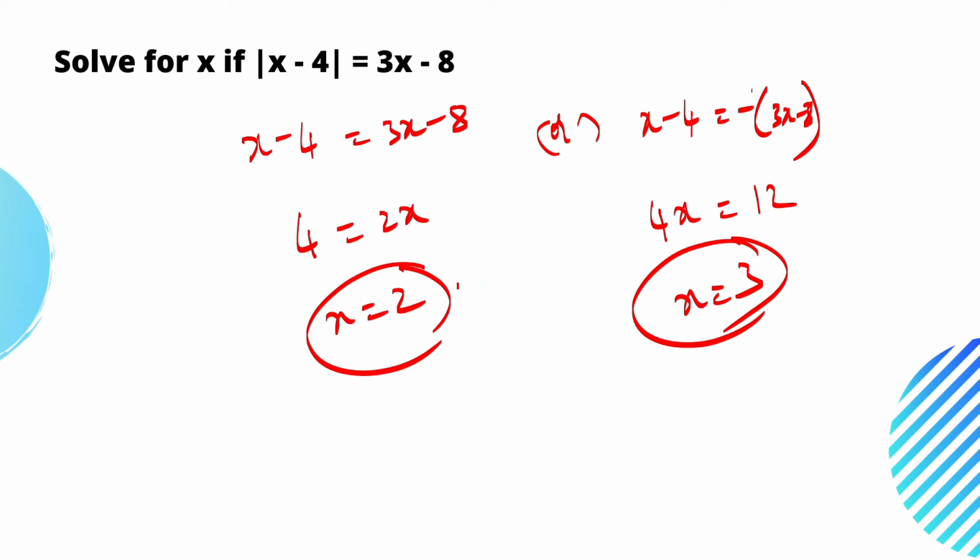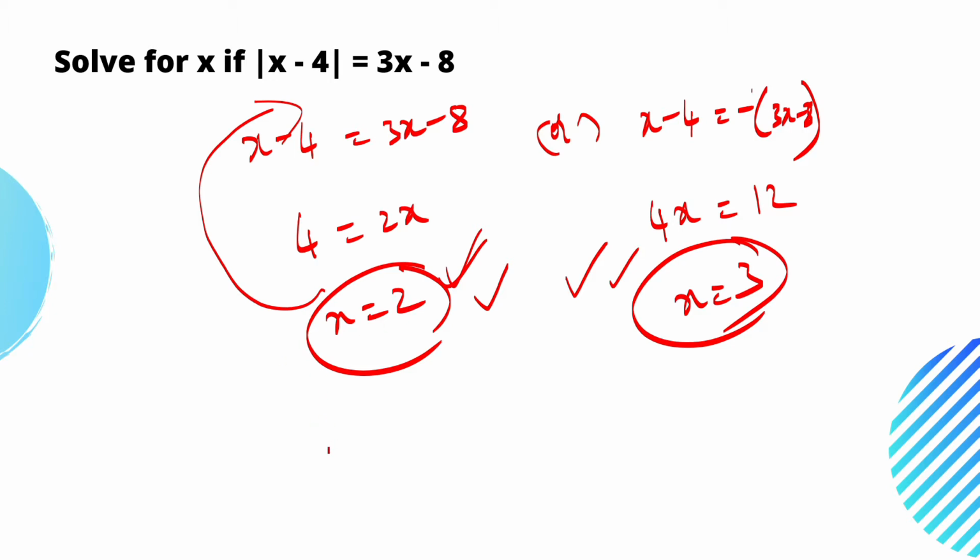But if we observe here x is equal to 2 and here x is equal to 3, in one equation two values are not possible. Two values for the same variable is not possible. So either x can be equal to 2 or x can be equal to 3. How can we know this? If we substitute the value here, whatever the value is satisfying, that is the value of x. So let us substitute 2 in that equation.